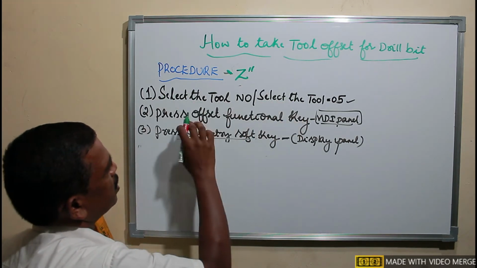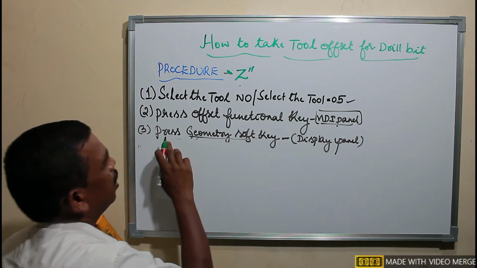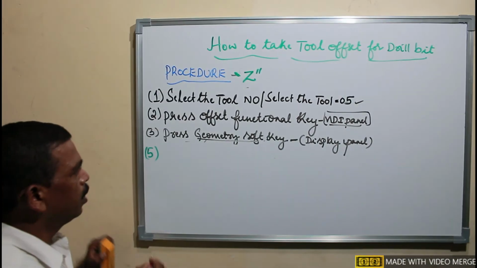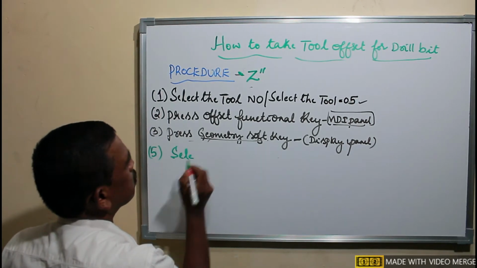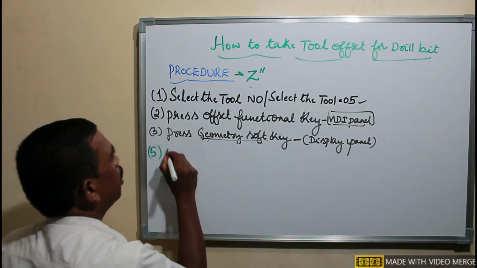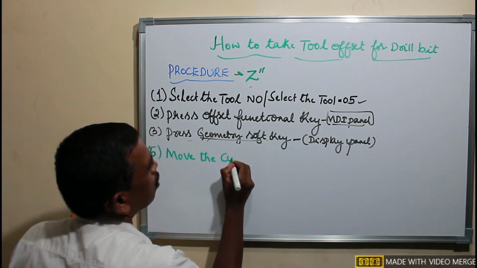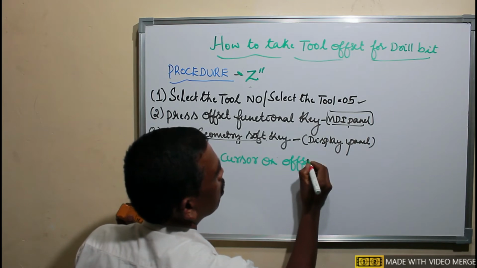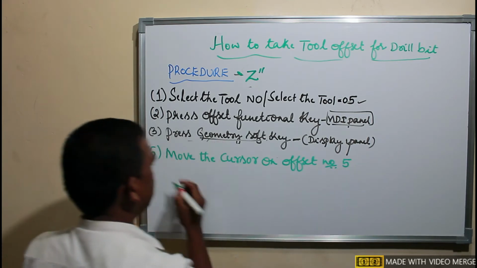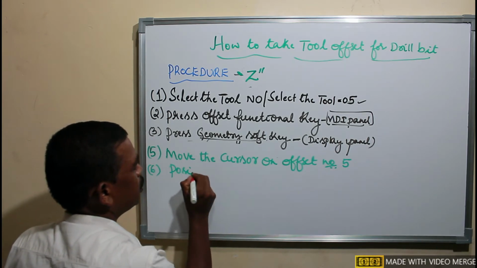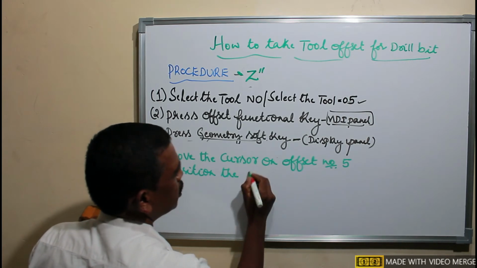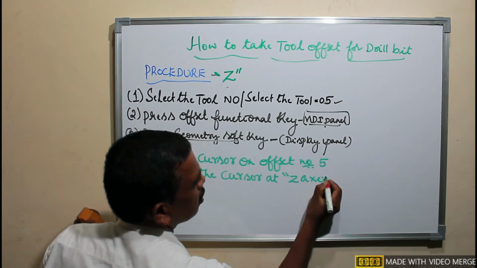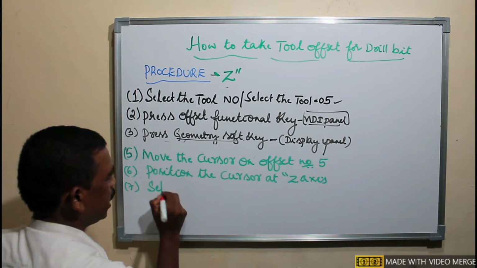So now I will tell you the procedure of taking the offset for z axis. Here the same procedure: we have to press the functional offset key, and then we have to press the geometry soft key on the display panel, and then select, and then move the cursor on the required offset number, that is 5, and 6th one is position the cursor at z-axis box, z-axis. 7th one is select hand wheel,